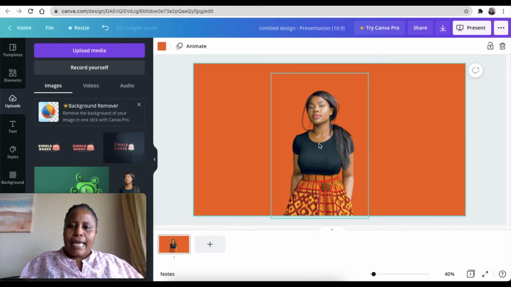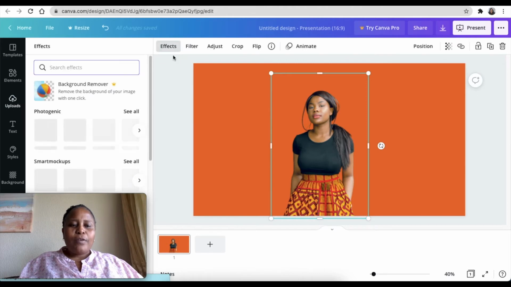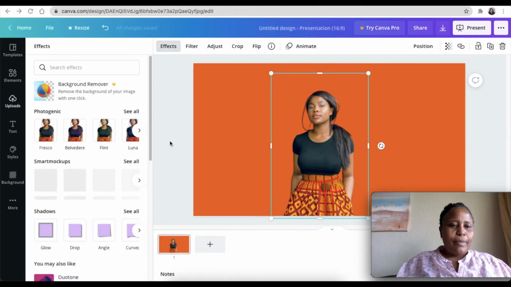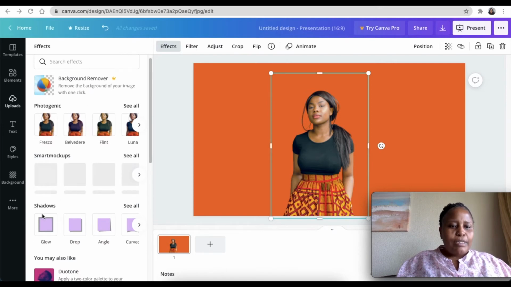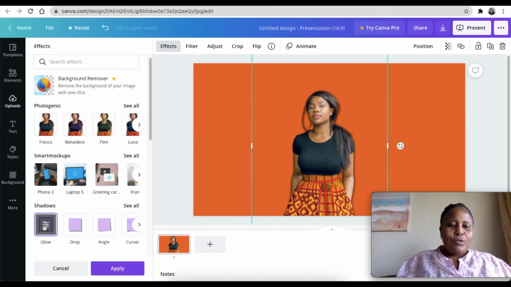So once it's added, you would highlight the picture and then go to effects. Once you get to effects, you're going to scroll down. Let me move myself out of the way because I'm in the way here. You're going to scroll down until you find shadows, and on shadows you're looking for the glow effect. Once you click on the glow effect, you can see on the picture it starts glowing the outline of